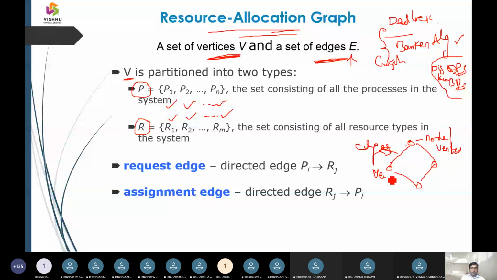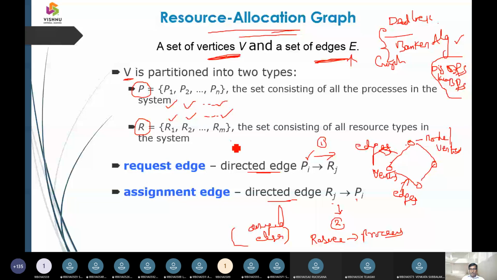Now you can see a directed edge, and you can see process to resource. That is one type. The second one is resource to process. Resource to process we call an assigned edge. And if we have process to resource, then we call it a request edge.